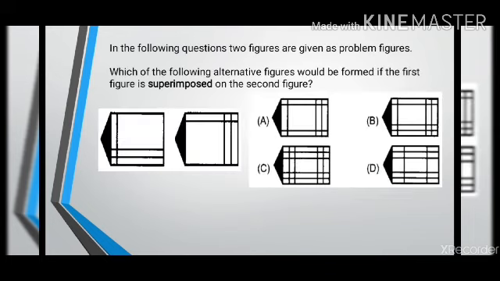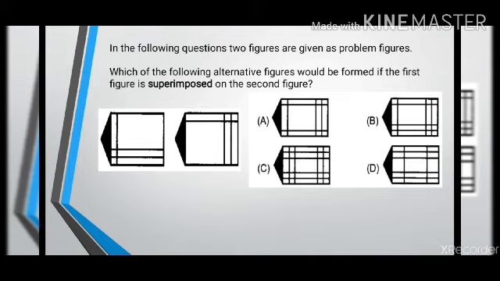Now a different type of question is there, wherein you will have to superimpose two given figures. For example, here in the question figure, two figures are given to you. When you overlap these figures, when you superimpose these figures, what is the final answer you will get? You imagine that you have made these figures on a transparent sheet. When you put those sheets one above the other, what is the final pattern you will be able to see?